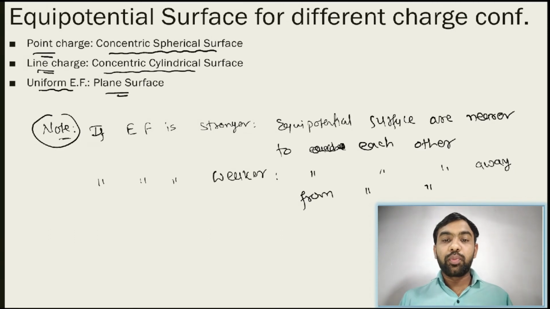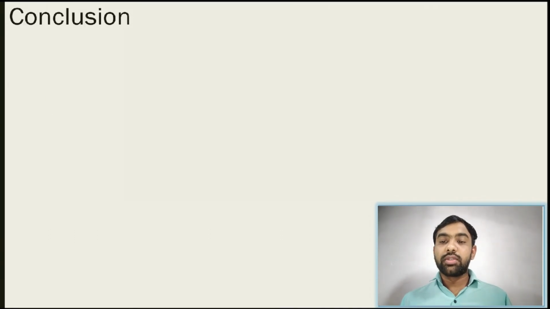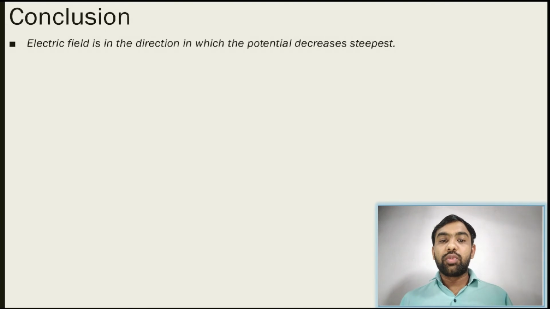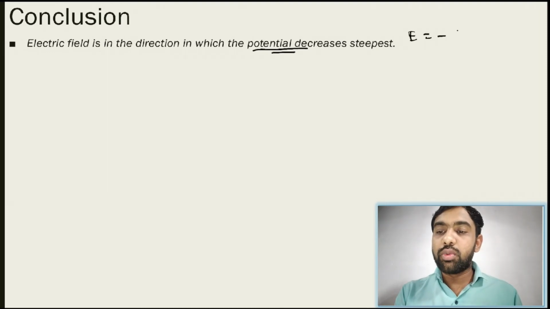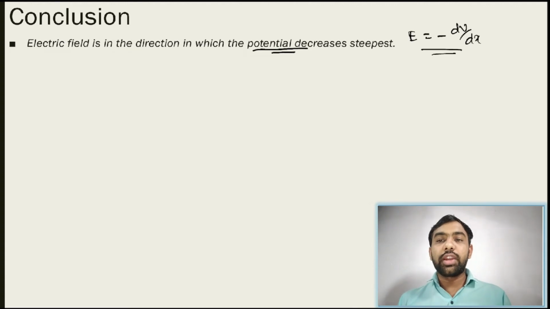Let's see the next one, some conclusions out of this whole topic. First, the electric field lines point in the direction in which the potential decreases. मतलब इलेक्ट्रिक फील्ड की डायरेक्शन में पोटेंशियल डिक्रीज होगा. नेगेटिव साइन. ओके, वाई? बिकॉज़ E is equal to minus dV by dx. It means that in the direction of the electric field, the potential decreases. So the direction of the electric field is the one in which the potential decreases. You must note this.